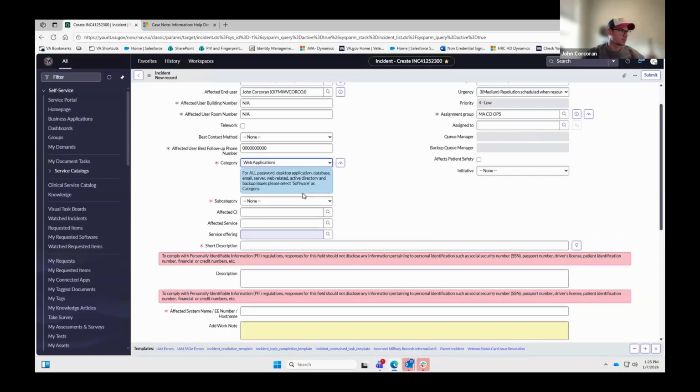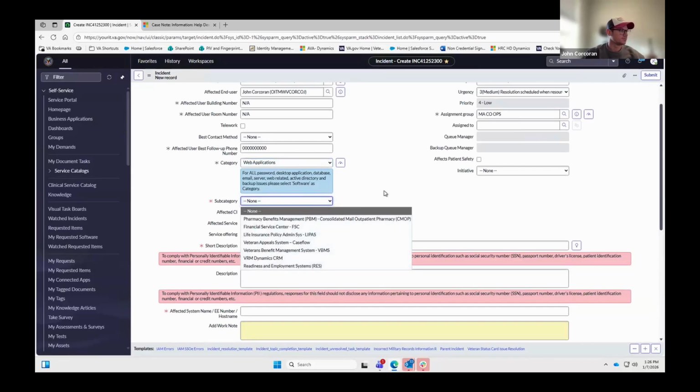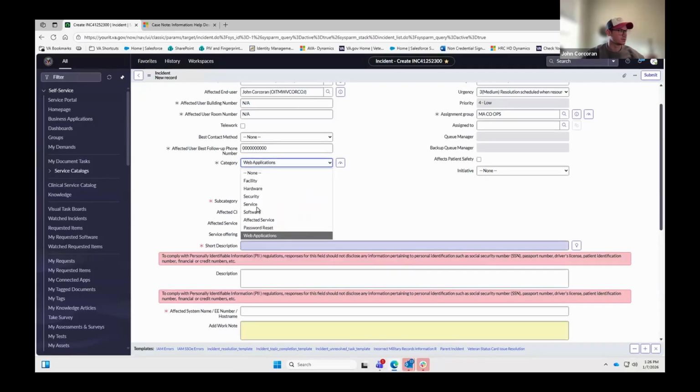And I'm guessing we're going to want to go with web application or service, depending on what type of issue we're going to submit. They didn't give us any specifications here. Again, these are all geared towards VA employees, so a lot of this won't make sense. It won't really fit for the exact issue that we're having, and none of these really seem to fit. So we could do,